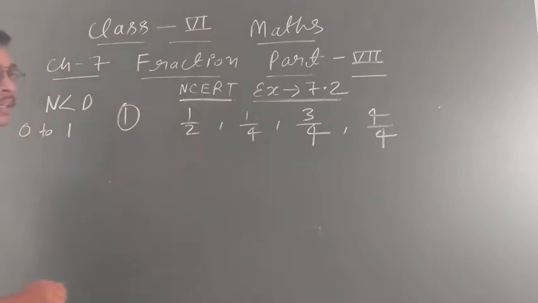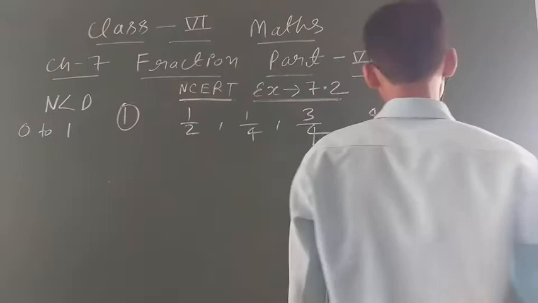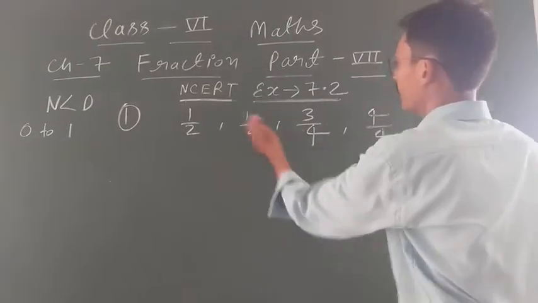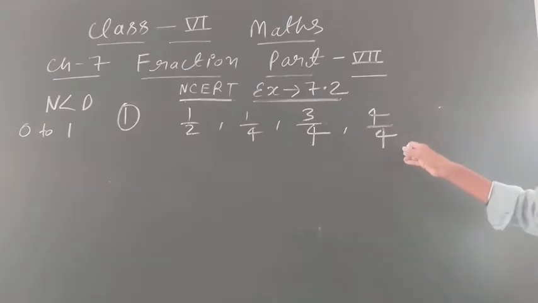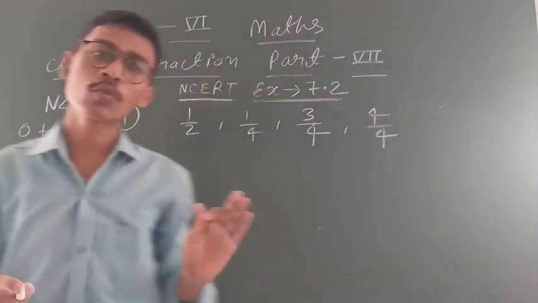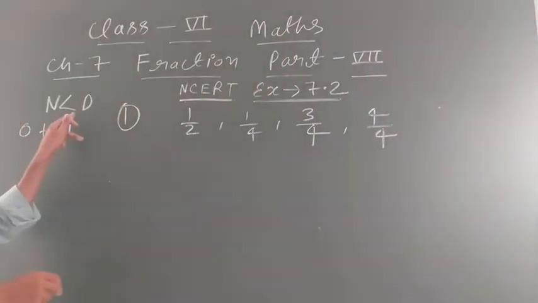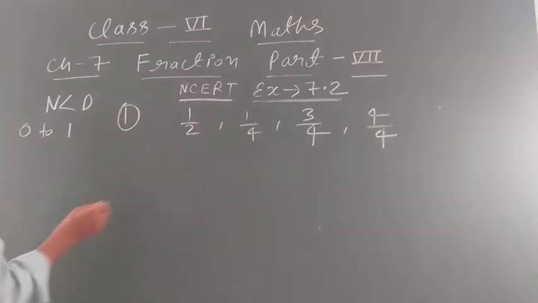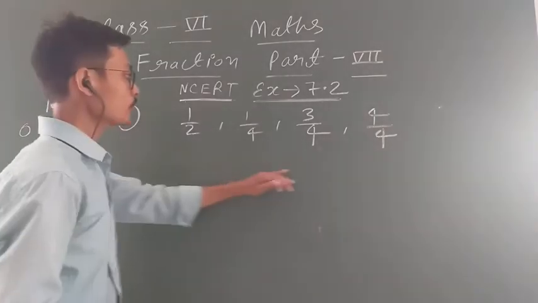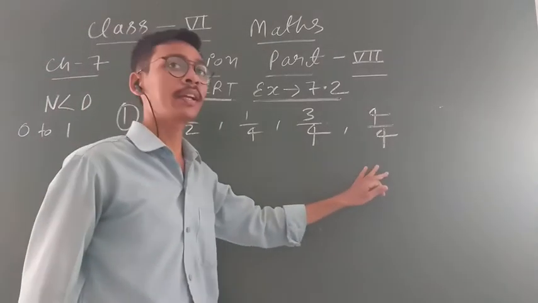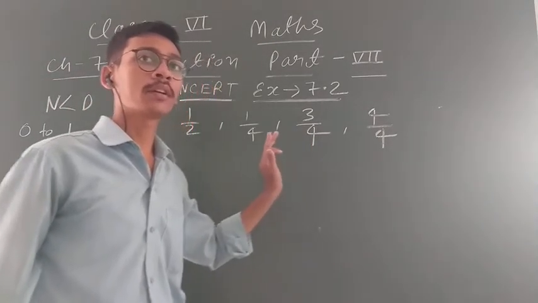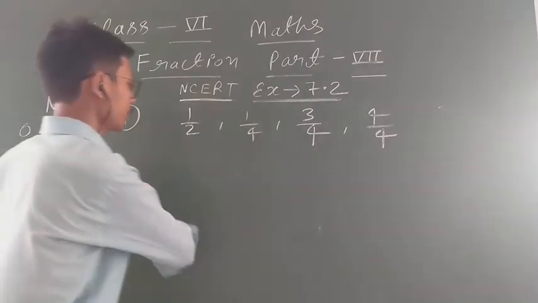You know that very well. This is the first thing we have to discuss. Now see, all numerators are less than the denominator, here equal. So 4 and 4 will come to 1. There is no problem. The first thing, the numerator is less than the denominator. Now second thing, you have to see the denominator having the greater value. So 4 is greater.